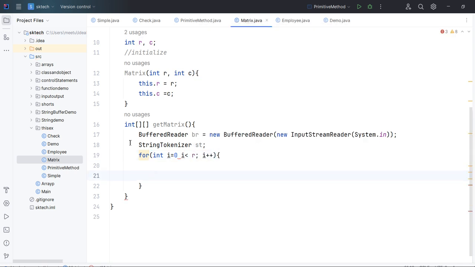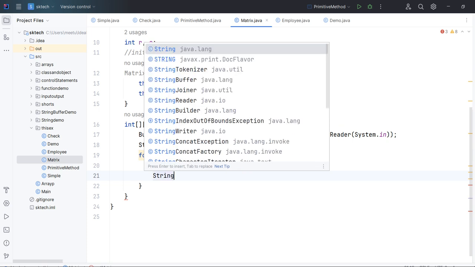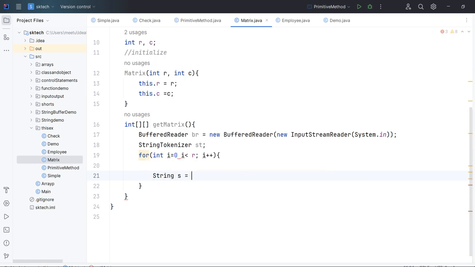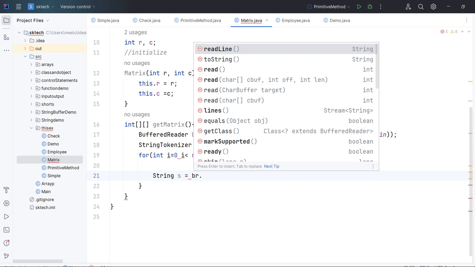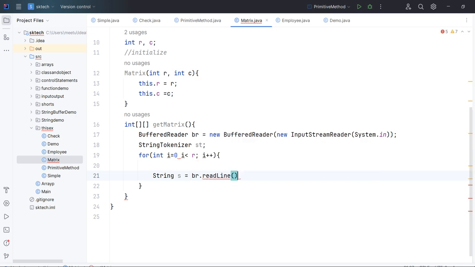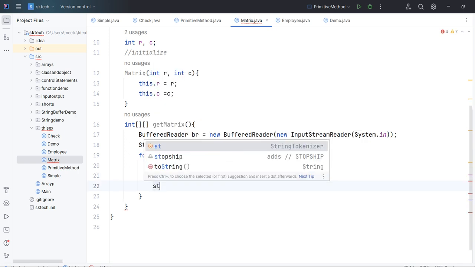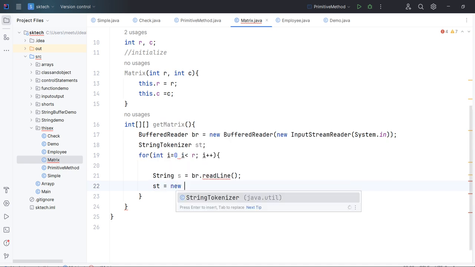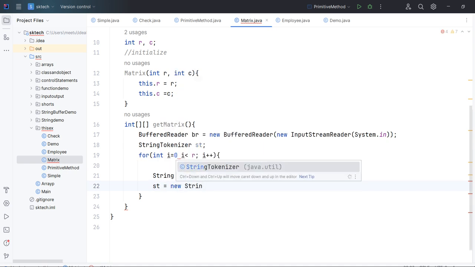It will come inside and accept the data from the keyboard like s equal to br.readLine, and then st equal to new StringTokenizer using that variable and the tokenizer.